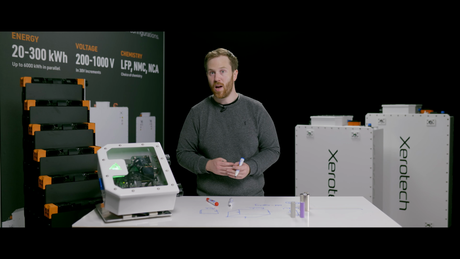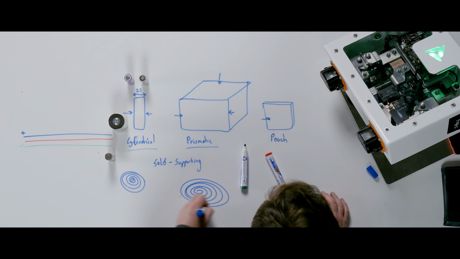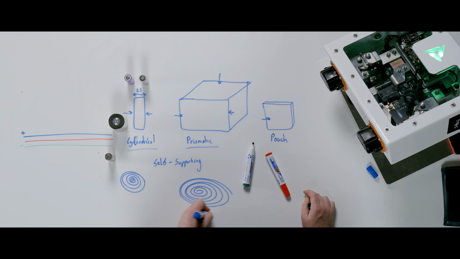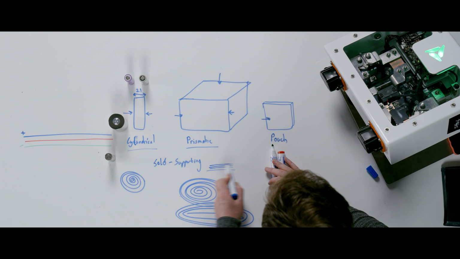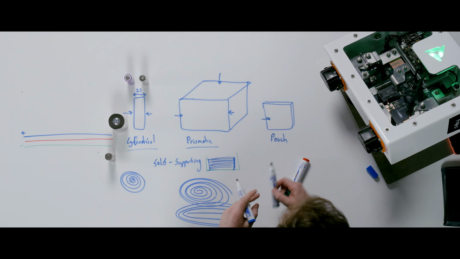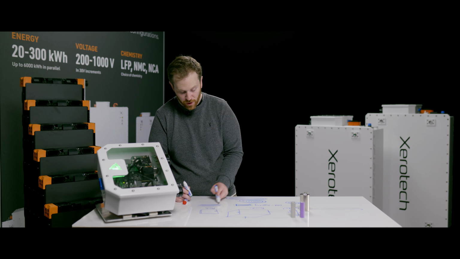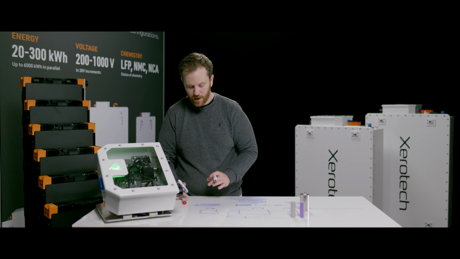Prismatic cells can be done two ways. Prismatics can also be cylindrically wound jelly roll, and then they compress it down and flatten it and squish it so that it looks a little bit more square-like. Or else they can be done that they're cut as individual sheets, and then they're all welded at the end, tab welded, and then placed inside of an enclosure. Pouch cells are virtually always just flat sheets, usually speaking, put together, and each of the tabs at the end are welded together into the assembly.